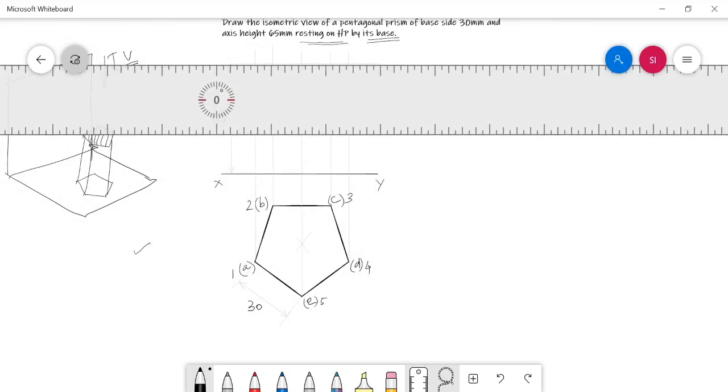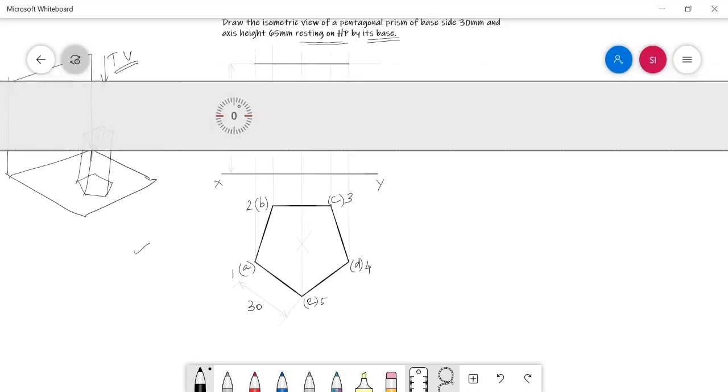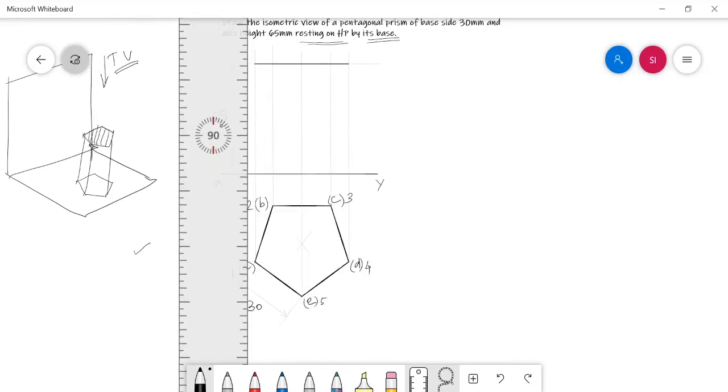So in that way, now itself I can darken all the face and base edges, including the lateral edges.